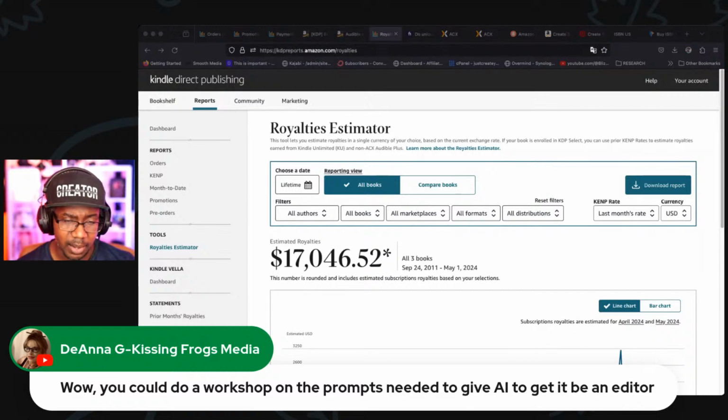Deanna says, hey, wow, Roberto, could you do a workshop on the prompts needed to give AI to be a better editor? I might be able to do a workshop on productivity prompts in ChatGPT instead. So productivity prompts, and we do have an AI creator prompts